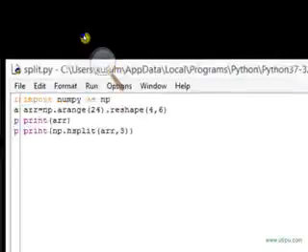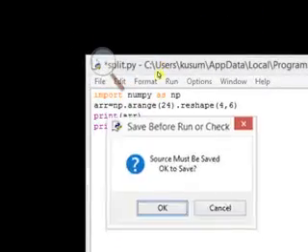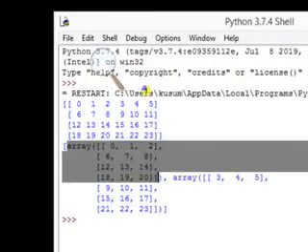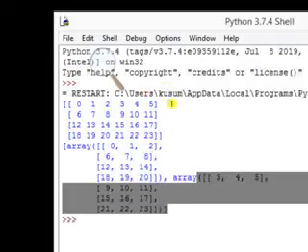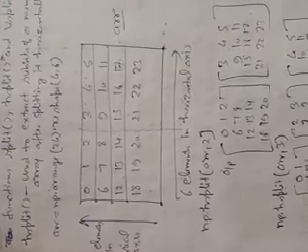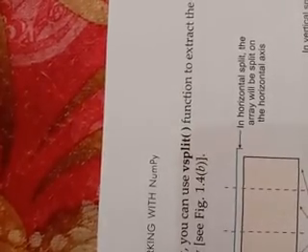Now see what happens in vsplit. In a vertical split it will divide in this manner, and for vertical split you have to use the function vsplit. The vsplit function is used for splitting an existing array vertically, and it will divide in this manner. Now see with a practical example.